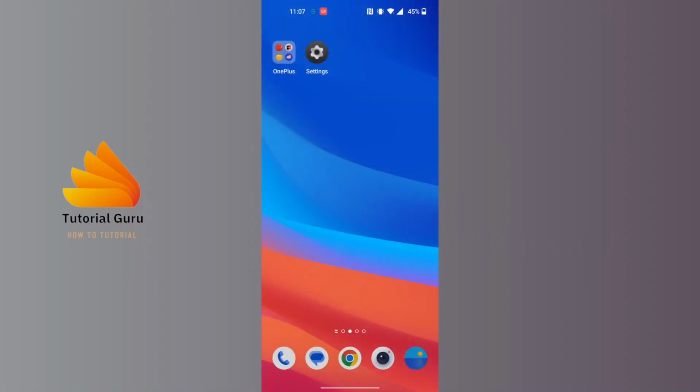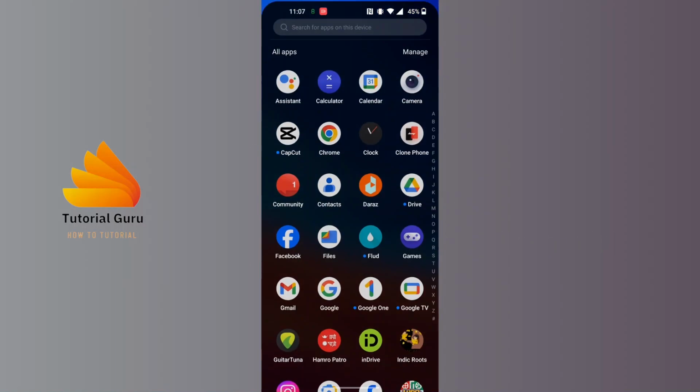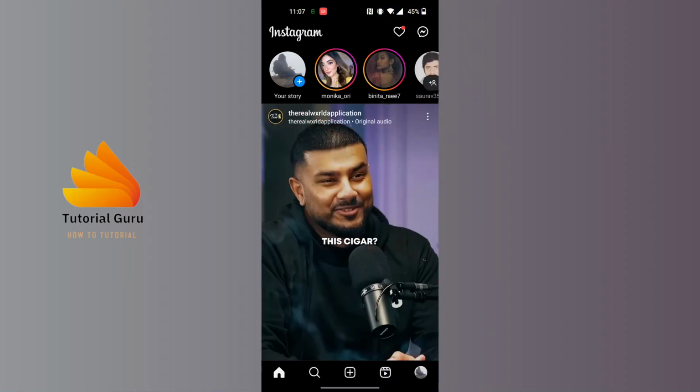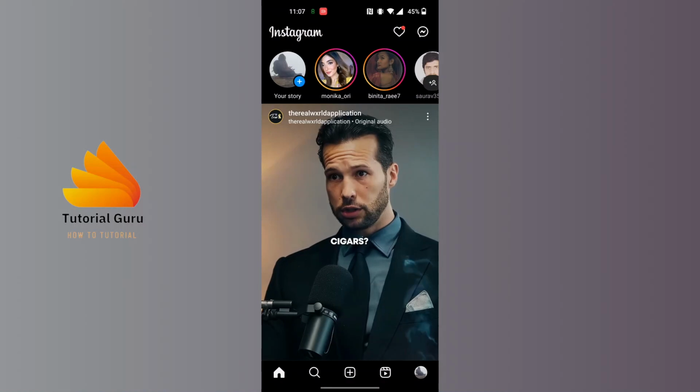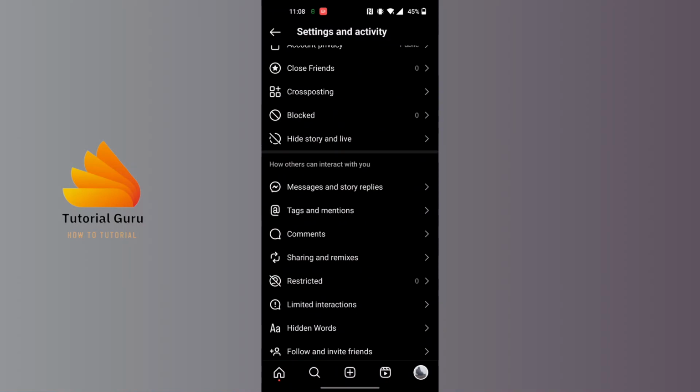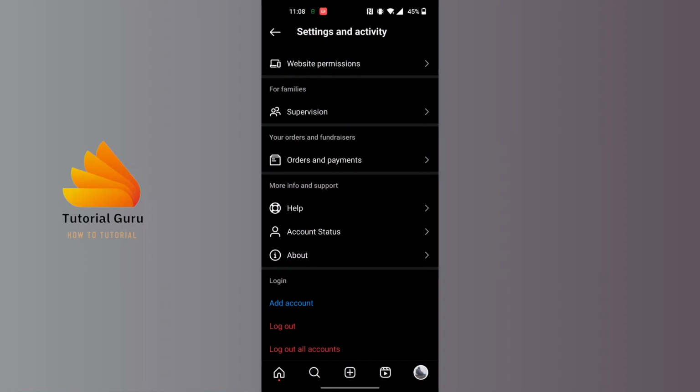Now to log out of your Instagram account on your phone, first open up the Instagram app. Over here at the bottom right corner of the screen you can see your profile picture icon in a small circle. Tap on that, and from over here at the top right corner of the screen tap on the three-lined icon. From here you'll need to scroll down to the bottom of the page, and over here it says